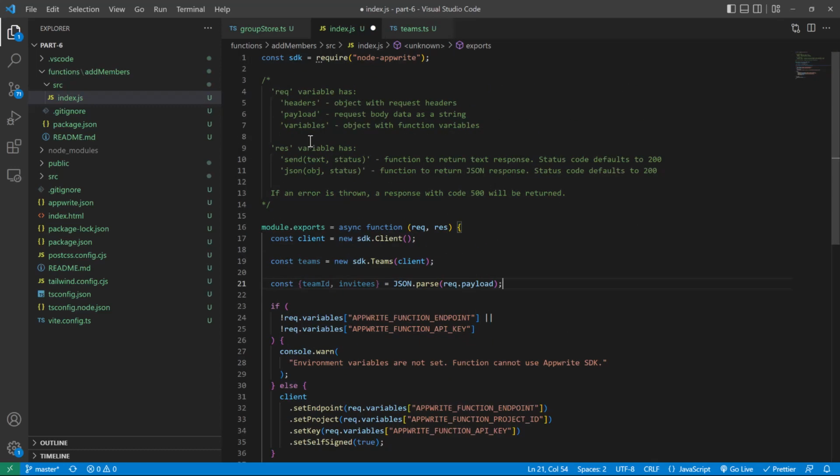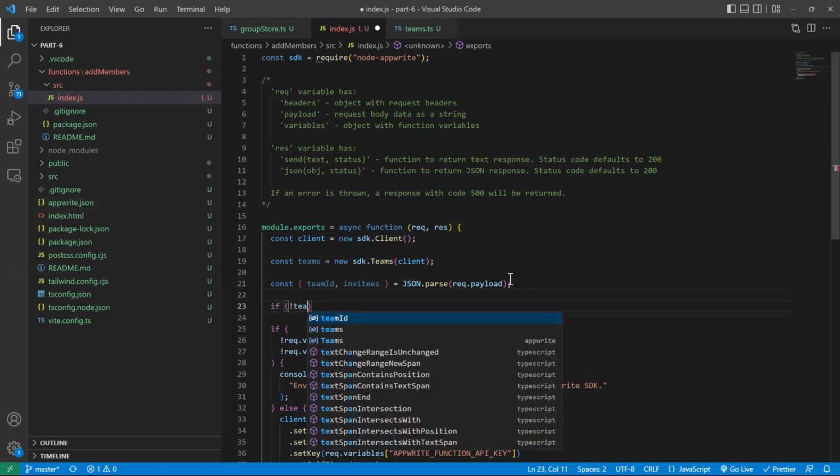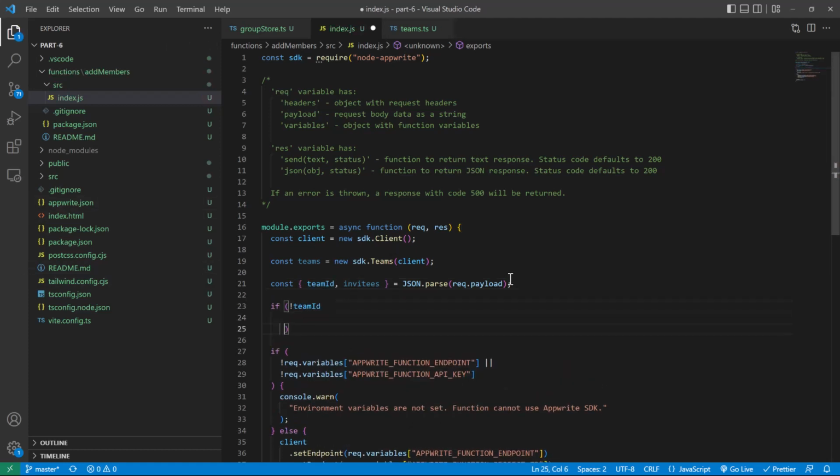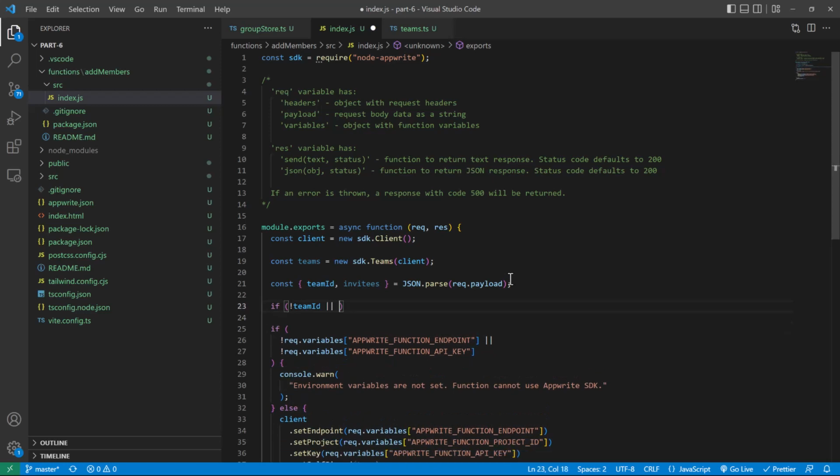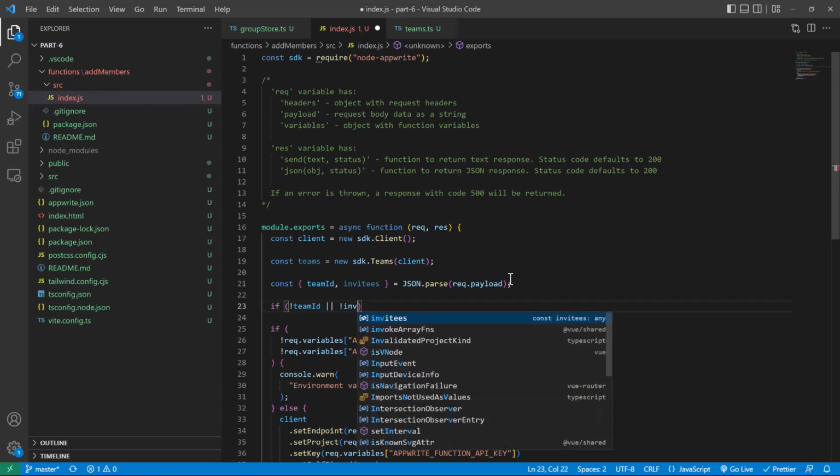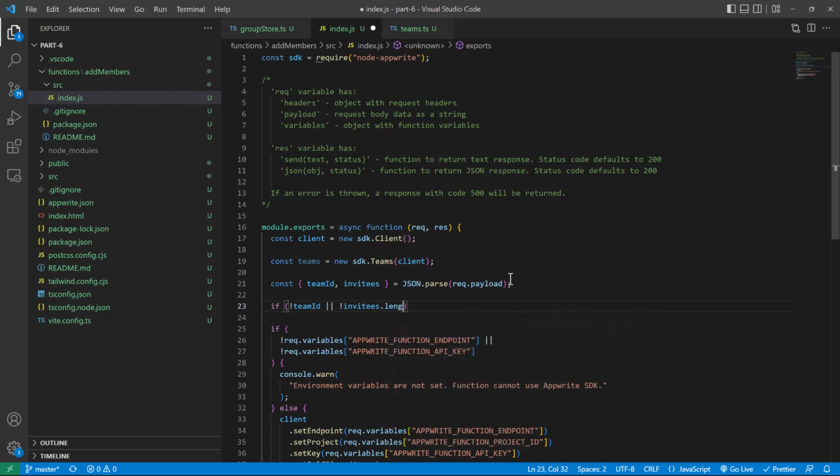If we look over here, it says the payload is the request body that we send to this function from our front end. We say if not teamId or not invitees.length, meaning we either don't have a team ID or there are no invitees,